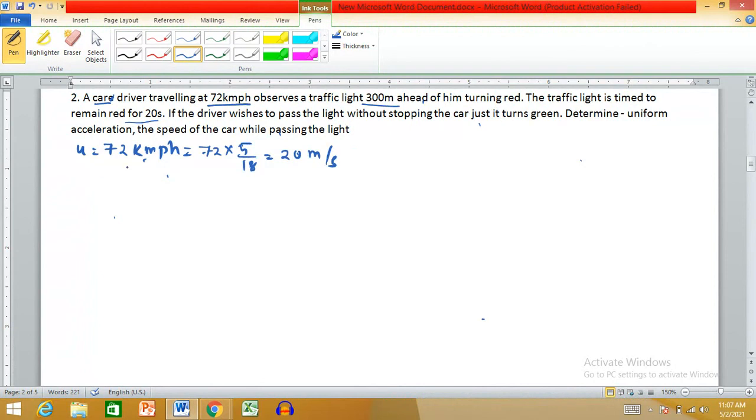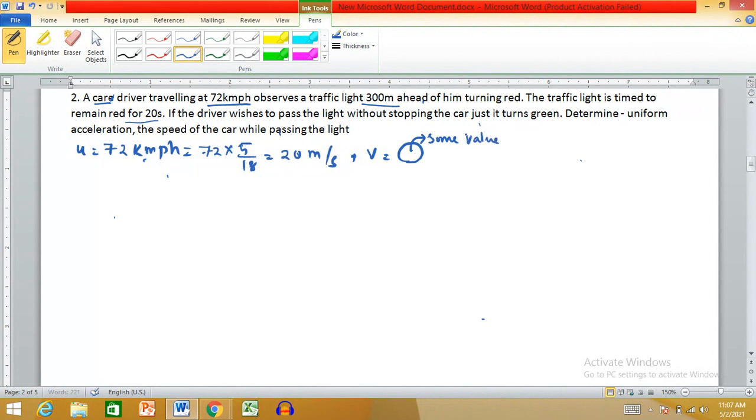If the driver wishes to pass the light without stopping the car, just as it turns green, that means the driver has applied brake but he doesn't want to stop. That means he will have some velocity, some value of velocity,